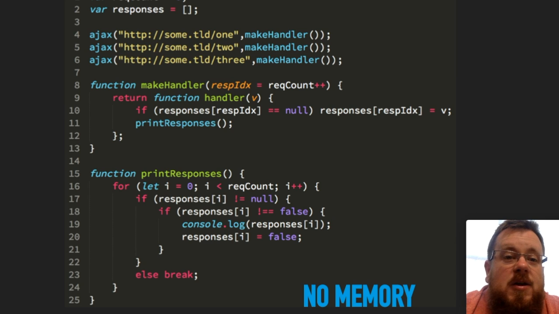I know this may look a little bit intimidating at first, but let me help explain what's going on. You'll notice that I'm still making my 3 AJAX calls there, starting with line 4, but the callbacks being provided are not the makeHandler callback itself; rather, makeHandler is being executed. See there on line 4, I'm actually executing makeHandler. And that creates a function. If you look on line 9, it's creating and returning a new function. The purpose of that is to create a closure so that I can capture some memory.